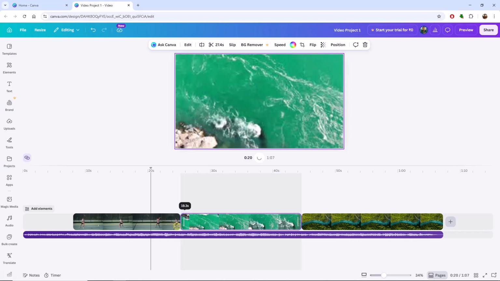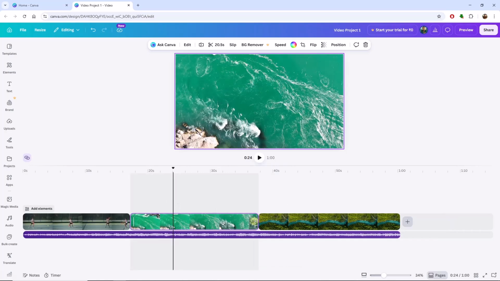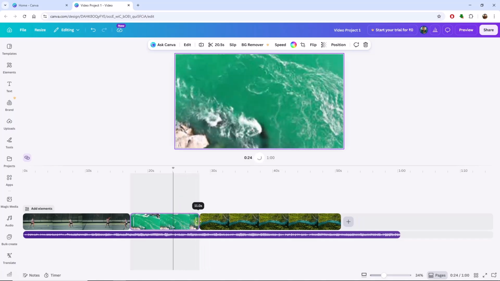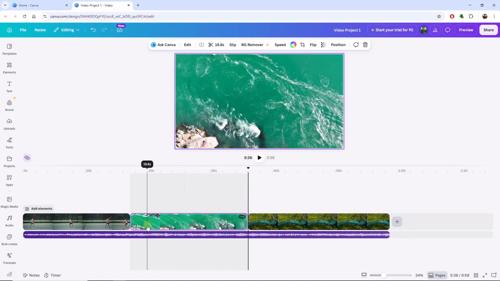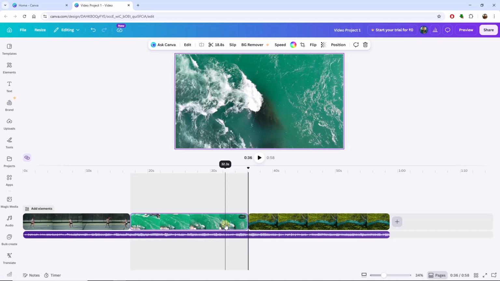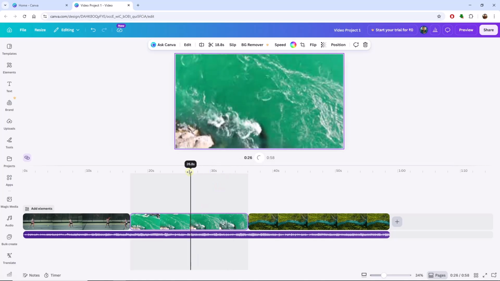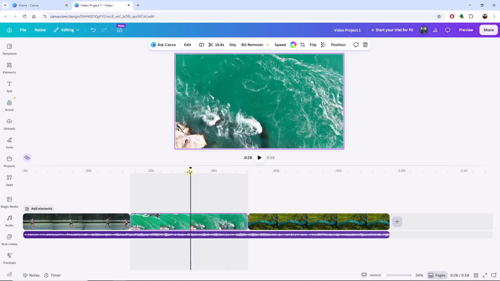at the beginning. In the same way, I can come to this place, I can just click here and drag towards left hand side so that I can trim at the end. So in this way also, if you want to trim the video clip in quick manner, you can trim using this. And now after this trim function, I'm going to show you how you can split the video into 2